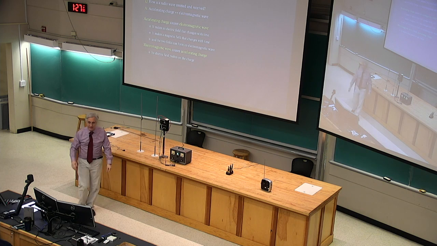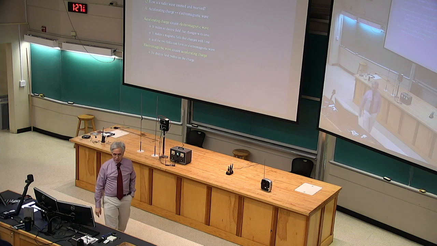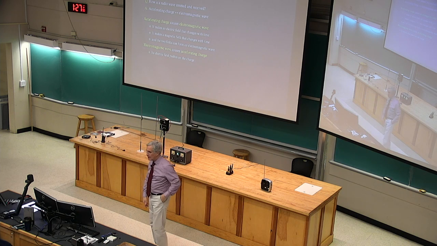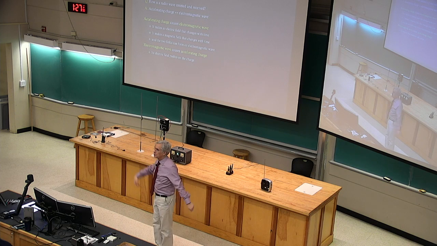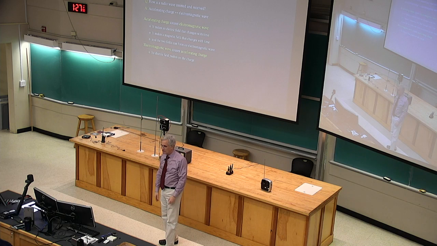The long and short of it is, when you've got electric charge that is accelerating, whether it's on an antenna or it's just somebody shaking it up and down, or thousands and millions of different contexts, it creates an electric field that changes with time because the charge is not always located in the same place. It creates a magnetic field that changes with time because the charge is moving in an uneven way.